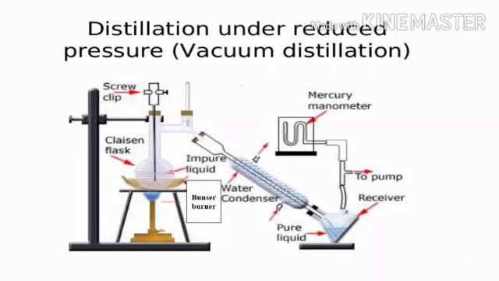The liquid mixture is heated using the Bunsen burner. Since the pressure is reduced by using the aspirator, the organic liquid starts to boil before its boiling point is reached. Once the vapor pressure of the component in the liquid mixture is equal to the surrounding pressure, it is converted into vapor. These vapors rise up and enter the Liebig condenser. Here, the vapors are condensed and collected as the distillate in the receiving flask.